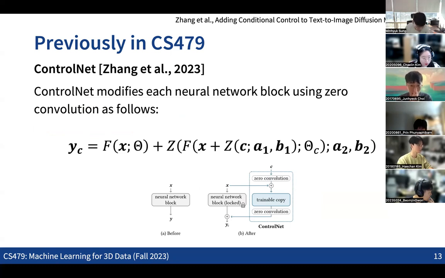For that, we also briefly discussed the idea of zero convolution, in which we copy all the neural net parameters of the noise prediction network in the UNet, and then apply zero convolution so that at the very beginning of training, the outputs are exactly the same as the unconditional ones.